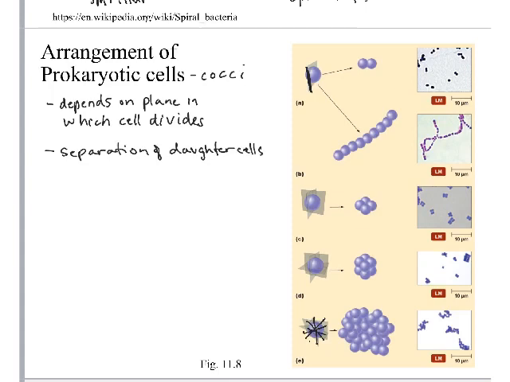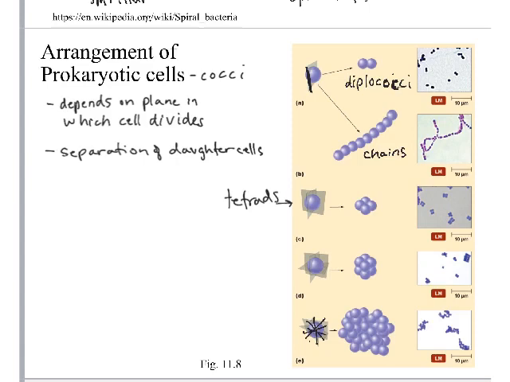Okay, so in this case, this is labeled in your book, but we'll write them in here. The diplococci, whoops, didn't spell that right. Okay, pairs of cells, so they divide in one plane, and then usually only two of them stay stuck together. Or if more of them stay stuck together, then you might see some long chains. If it divides in two planes, and then again a little bit stays stuck together, these are described as tetrads,